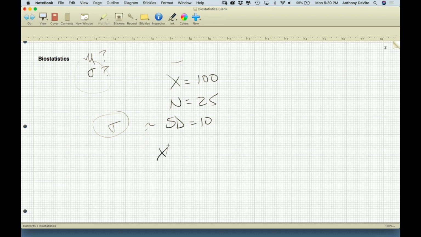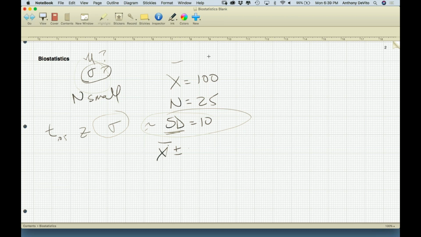It's still going to be x bar plus or minus. And now we got a little bit of a problem here. Should I use 1.96 here? Well, I can't justify it anymore, can I? I don't know what sigma is, and my sample size is small, right? So because our sample size is small, I don't have very much confidence that I have a good handle on the standard deviation of the population. So I have to make up for that lack of confidence by creating a wider confidence interval for 95%. And I do that by using the t-value for 0.05 instead of using the z-value for 0.05.